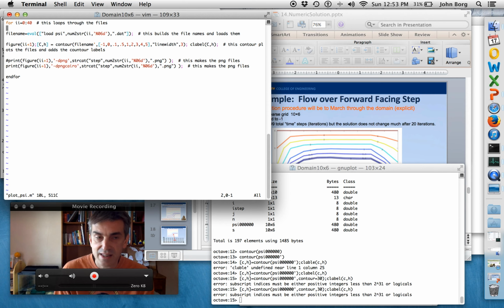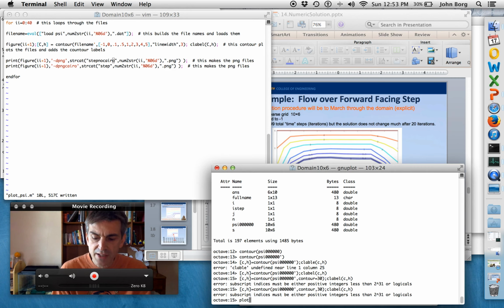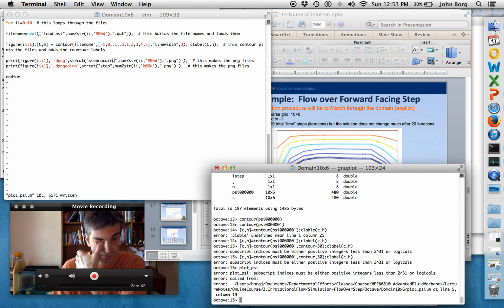Let me uncomment this bit out so you can see what's going to happen if I don't have Cairo in here. So I'm going to call this like no Cairo. So here's where you're telling it what file it's going to be. It's going to be the digital file PNG, PNG Cairo. So I'll show you what's going to happen there. So we save that. And when I execute this plot psi file,